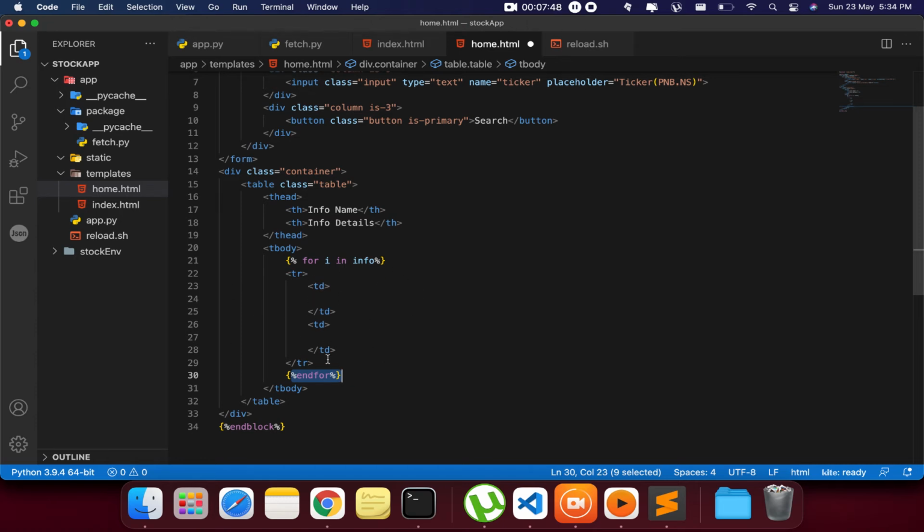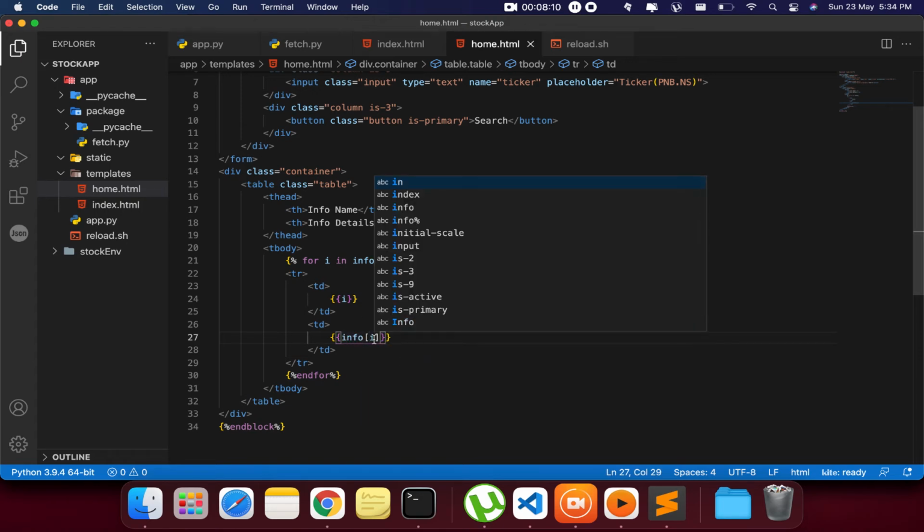Now we give two curly braces, which basically means accessing a variable. i is a variable and we need to access it, that is why we give two curly braces. Similarly, we give two curly braces here with info of i, the same way we access a dictionary variable.